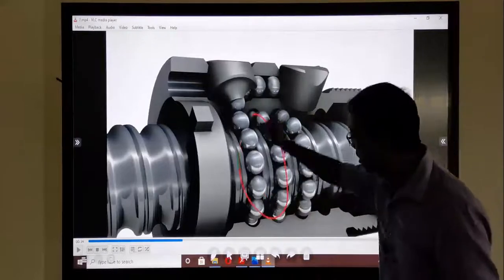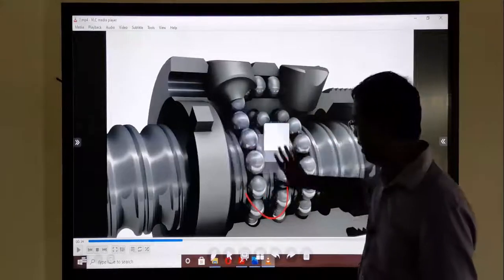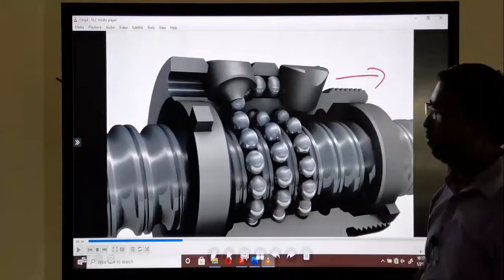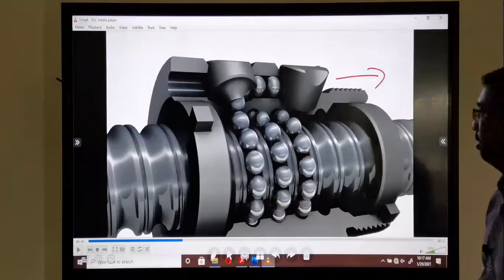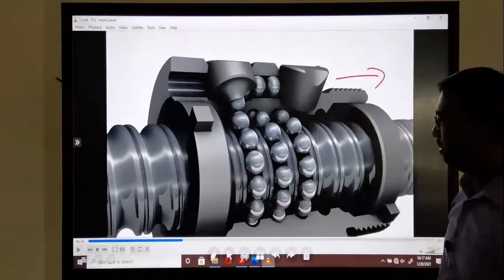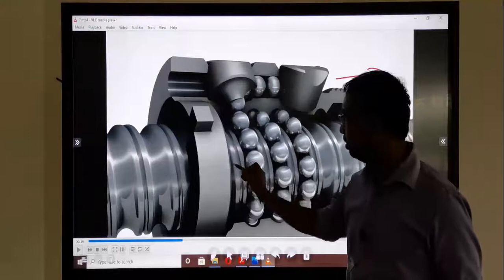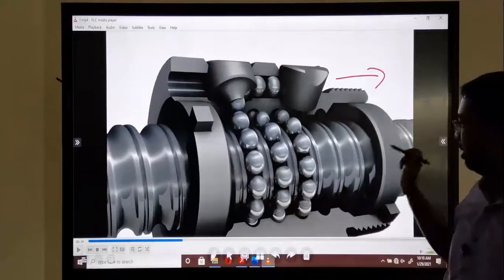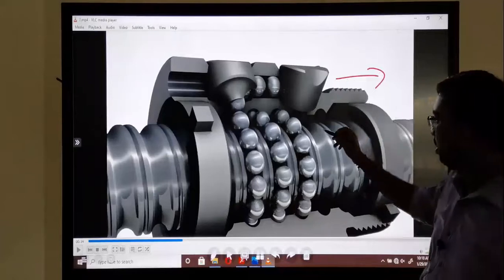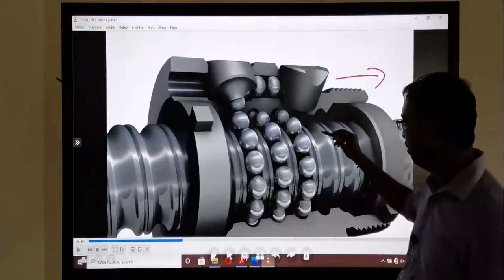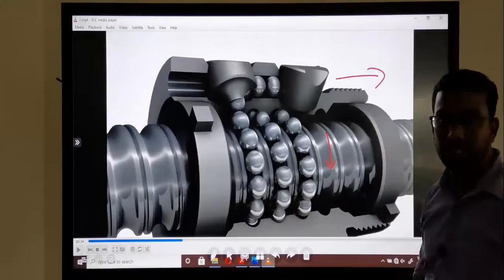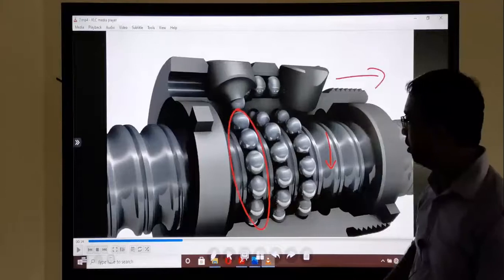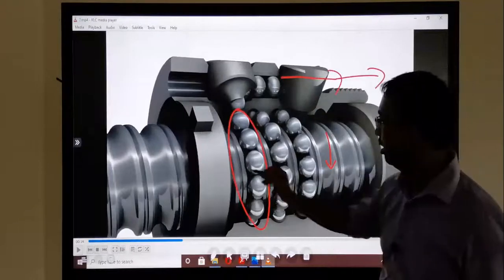This also circumference, they rotate like this. But here you just imagine when this ball nut track is moved this direction, what will happen? This component also moves like this. That type it captures here. It captures a new groove here. At the same time, it loses a groove, the last groove. When it's moved this way, what will happen?